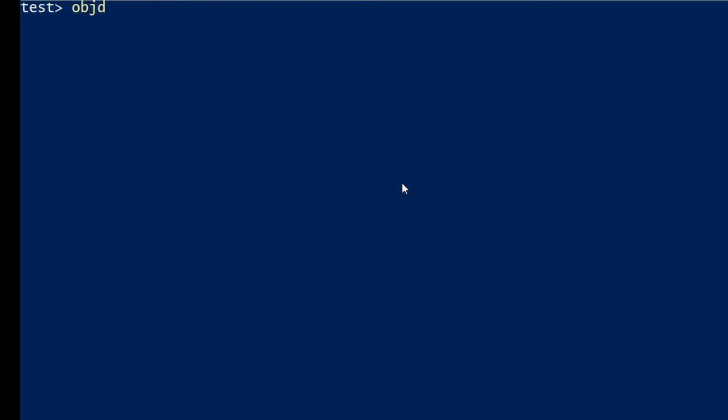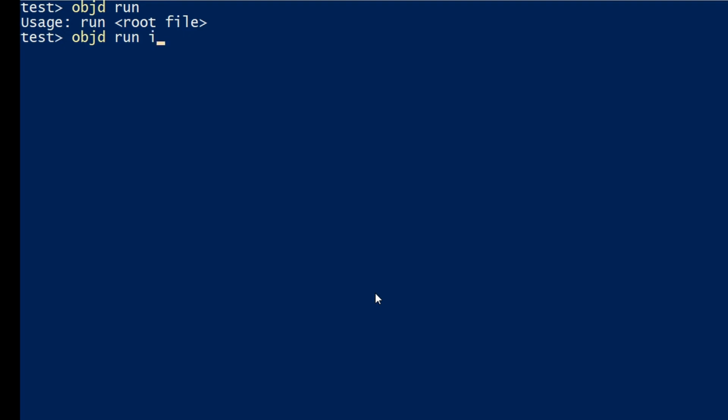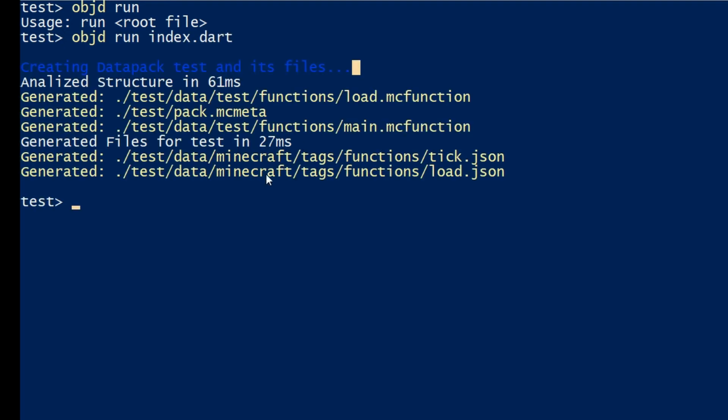This would be objD run, and this as well requires an argument, the file. Our root file would be the index.dart where our main function is. So we specify it in here, index.dart, and it runs the entire thing here. There is also some benchmark information here, so you can see how long it takes to analyze the structure and